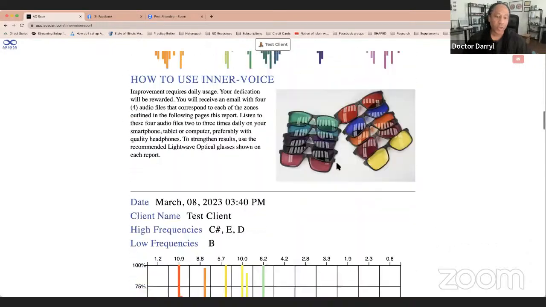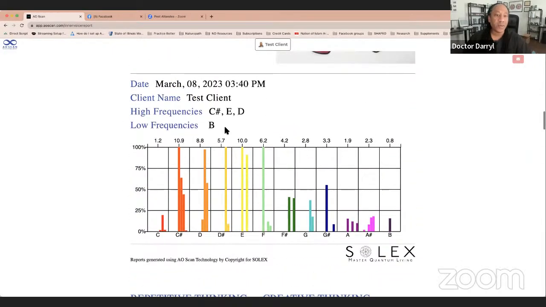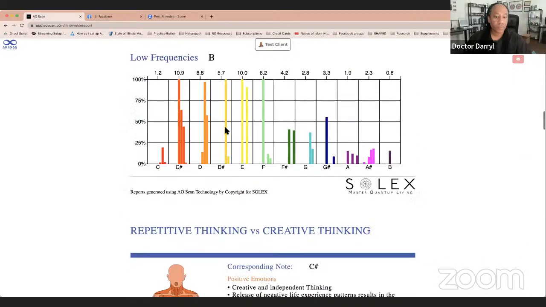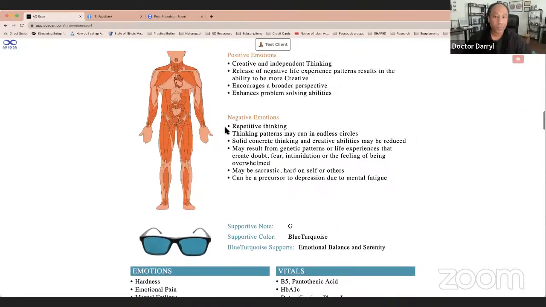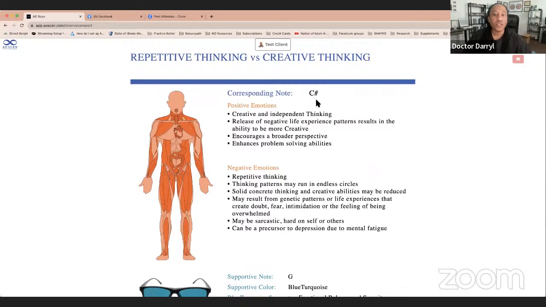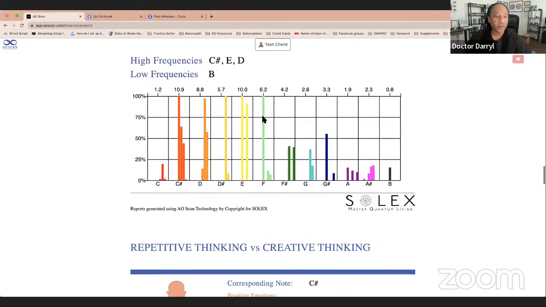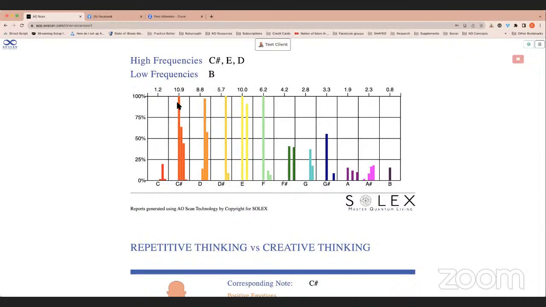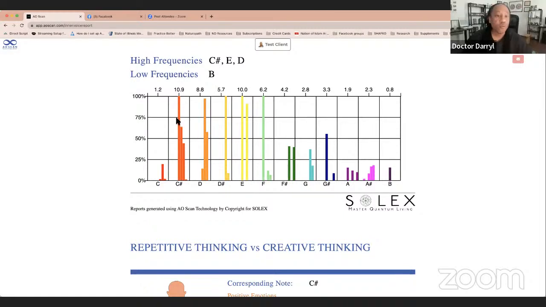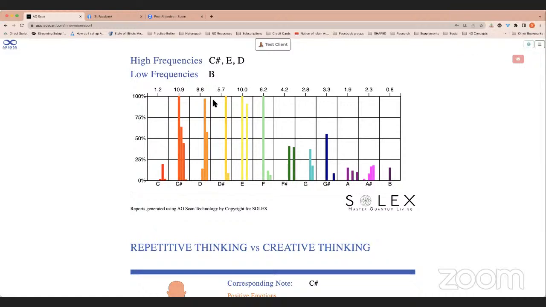Just really quickly, go to the very first one. C sharp was the most out of balance or the loudest from the standpoint here. And I guess it technically is here too. You might actually understand the concept of this better than I do, being that you're so into music. But what we were told was that when you're seeing something all the way at the top here, that's more volume than frequency. Does that make sense to you?